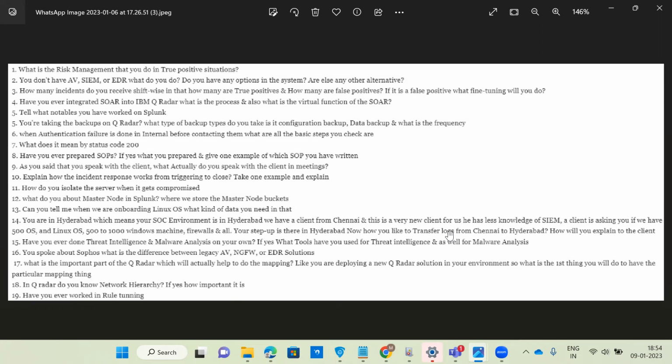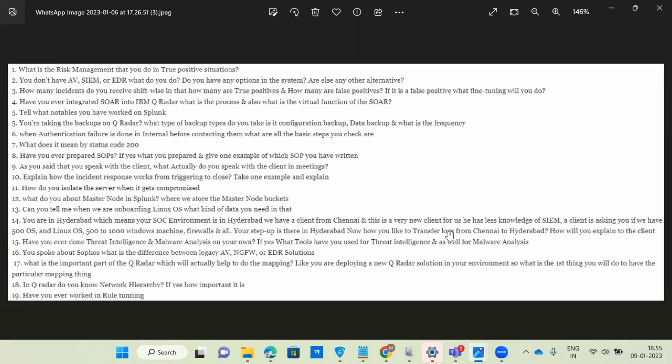This is a design level, guys. Whatever 14th question we are discussing, it's a completely architect level question. Design, high level design, low level design. So normally a solution architect or security architect, whenever he is proposing a solution, he will think about even cost as well. So how much will it cost when we are exporting the logs from Chennai to Hyderabad location? That is one thing. Second one is, what is the hardware cost or equipment cost